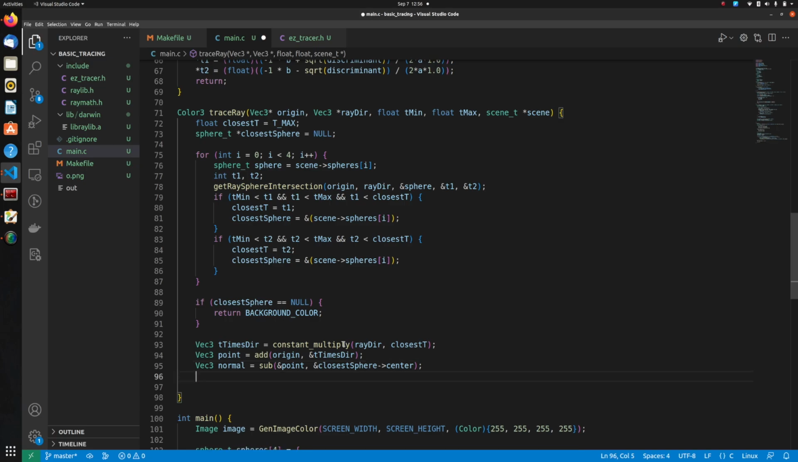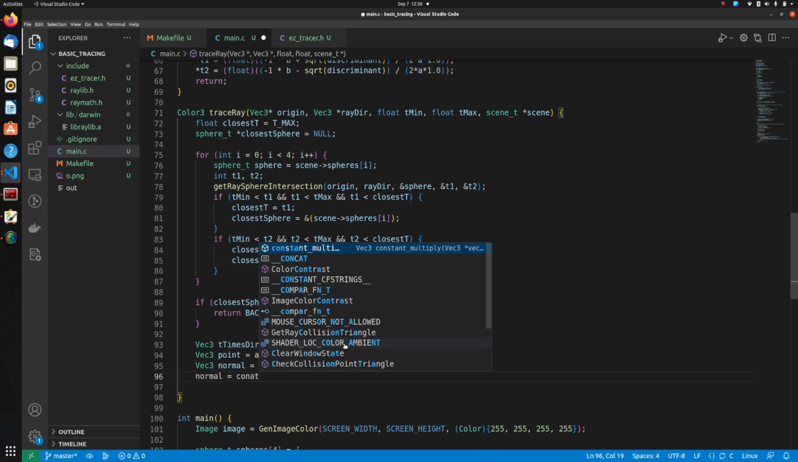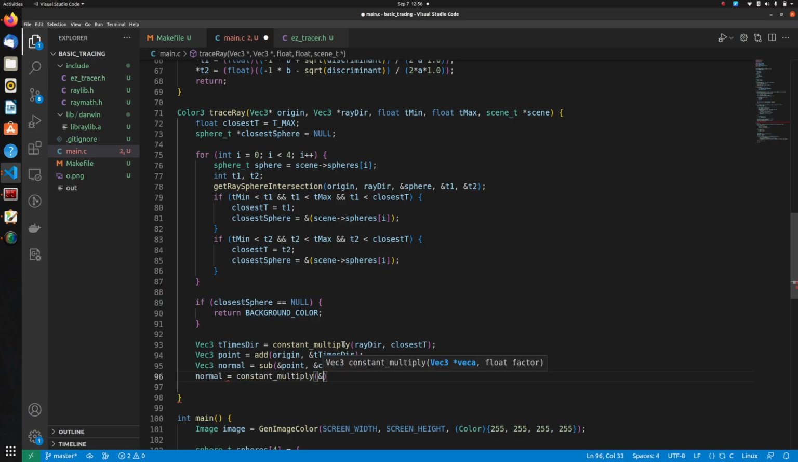Okay, and let's now just convert this normal into a unit vector. So constant multiply the normal that we just got and 1.0 divided by the magnitude of the normal. That's pretty much it. And let's create a function called compute lighting now, which will actually take these values and